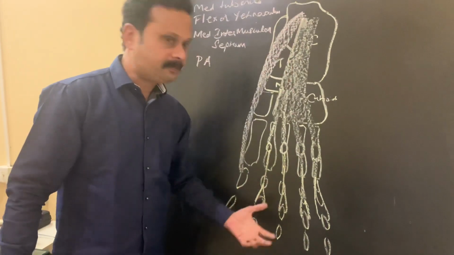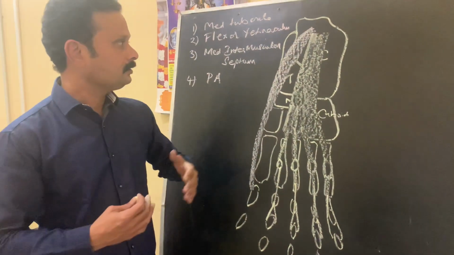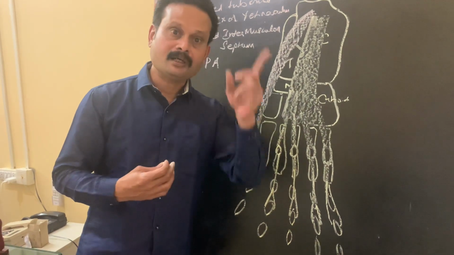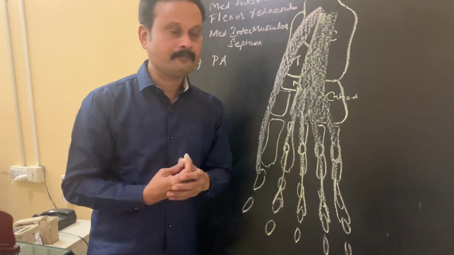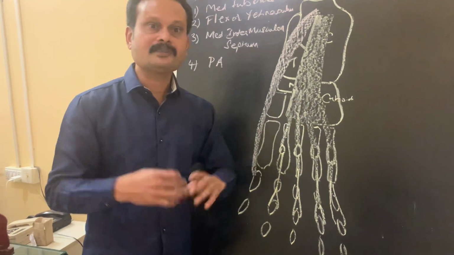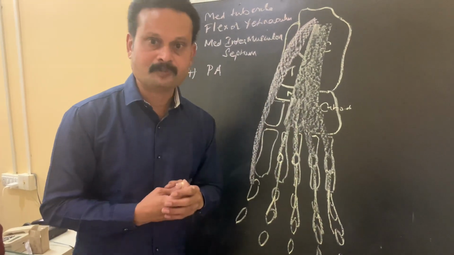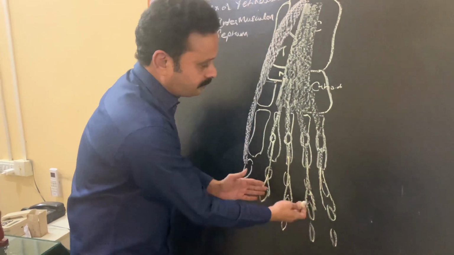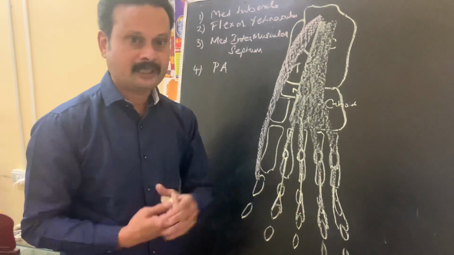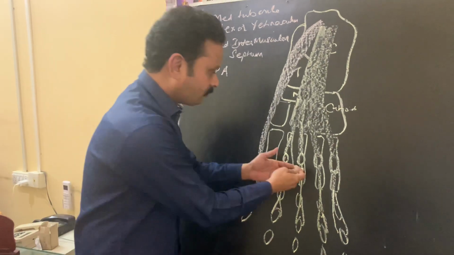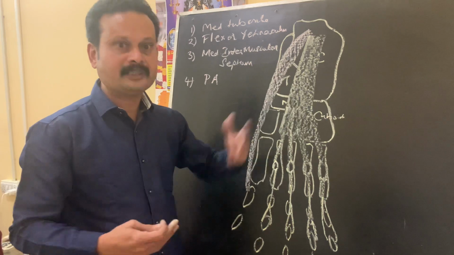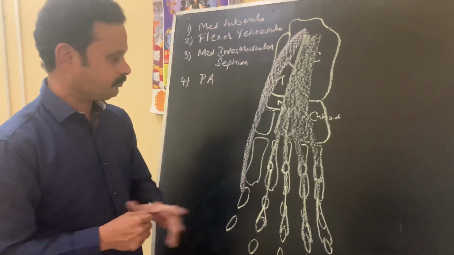Since its pattern is resembling flexor digitorum superficialis of forearm of upper limb, this muscle is considered homologous to flexor digitorum superficialis, because it is finally inserting into the sides of the bases of the middle phalanx of the lateral 4 toes. It is forming a decussation, it is splitting into 2. So all this coincides with that of the flexor digitorum superficialis.